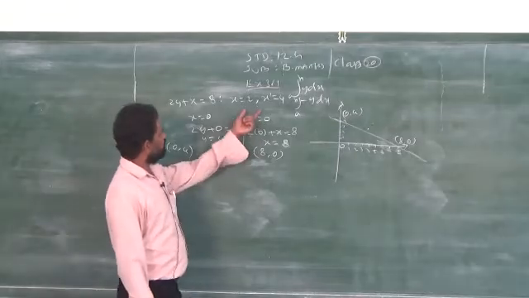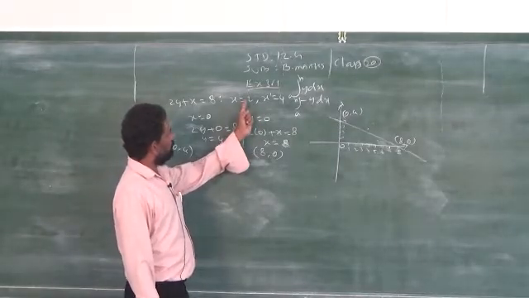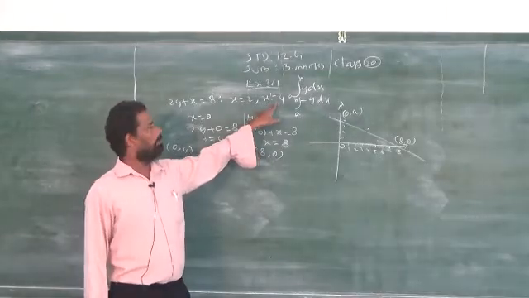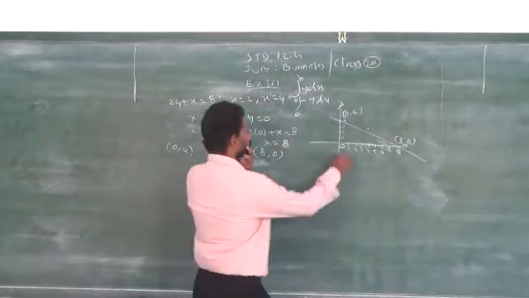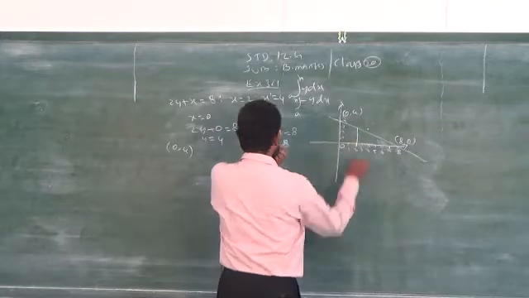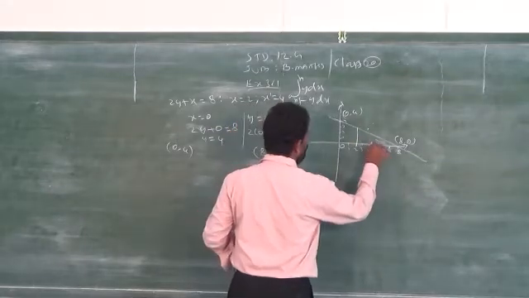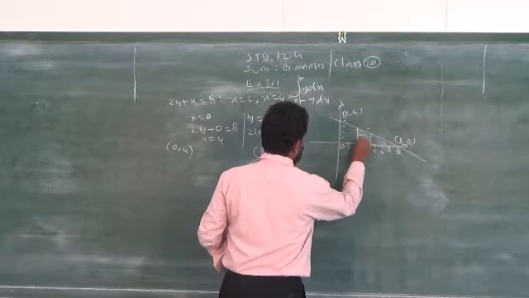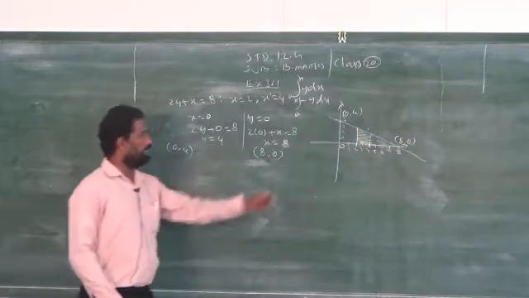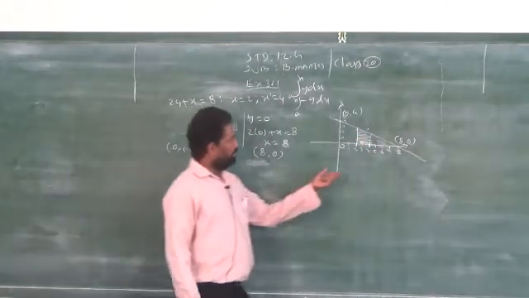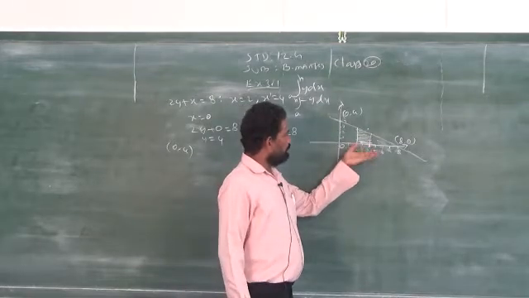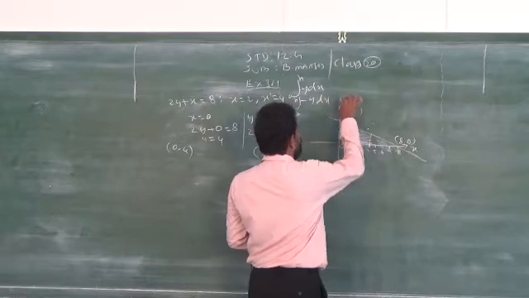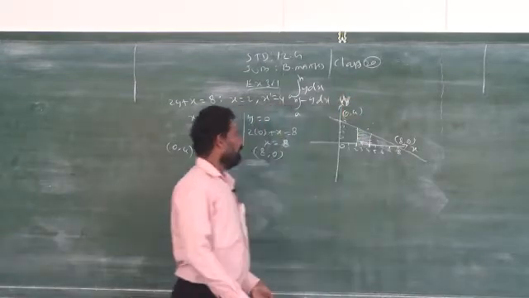Then you are asked to find the area between x 2 and 4. What is given in the question? You are asked to find out the area between 2 and 4. x is equal to 2 and x is equal to 4. So this area I have to find out. Now you see the diagram. The area which you like to find out lies on which side of the axis? Above the x axis.